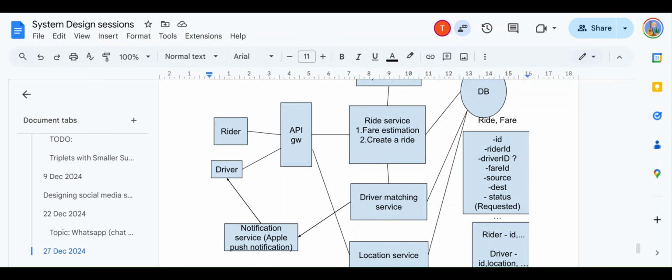Yeah, that's a reasonable solution, yes. So we can put a queue. We are taking all the requests, not dropping anything, but sending them to the right service, which will pull the request from the queue depending upon how many requests per minute or per second it can take. And then all those users who requested a ride can wait.